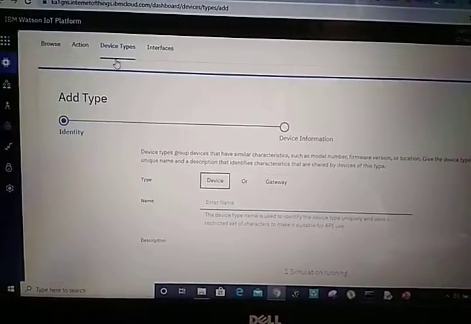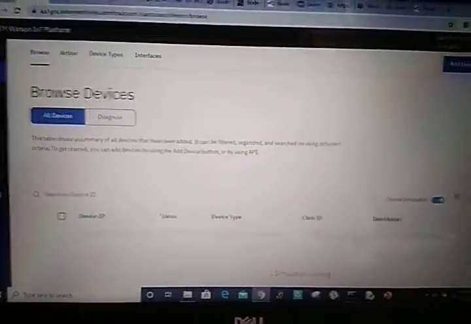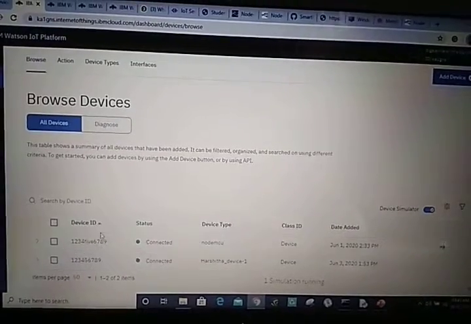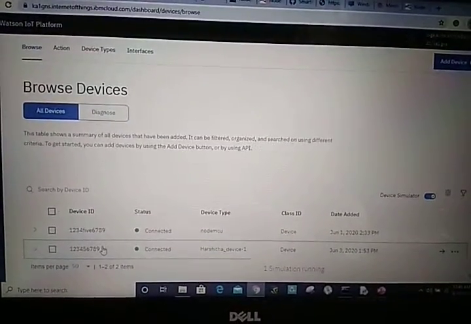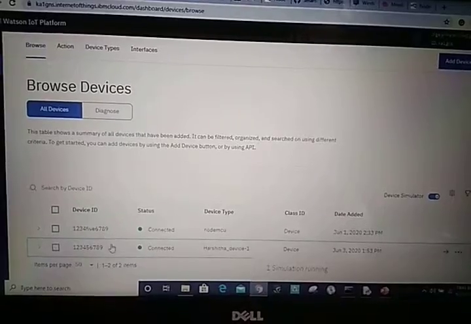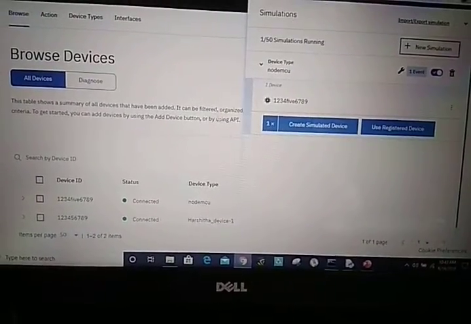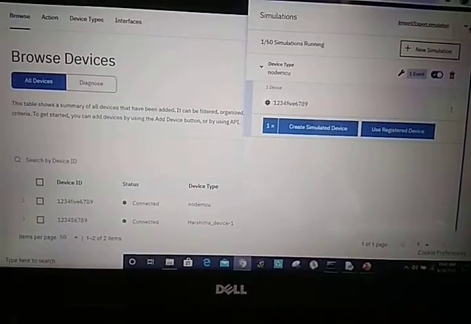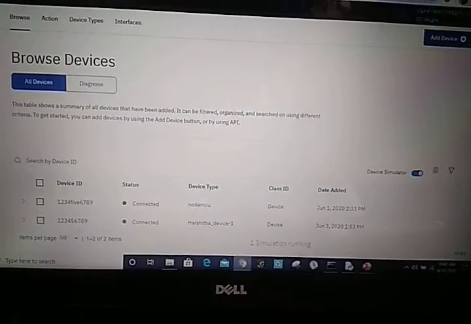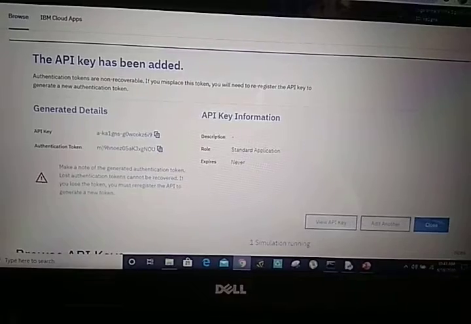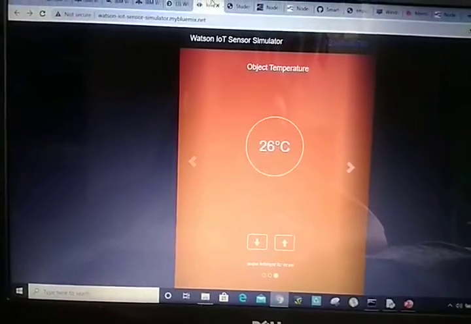I have already created the two devices. Using one device we will run the simulation, and the other device we have to enter in the IoT sensor.